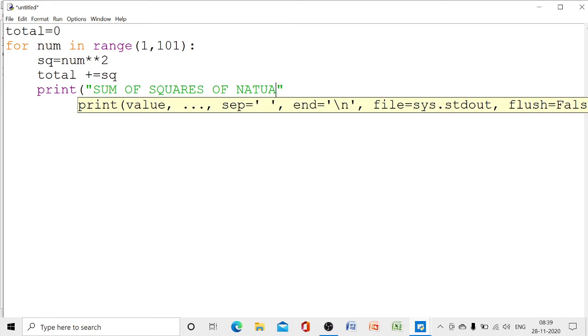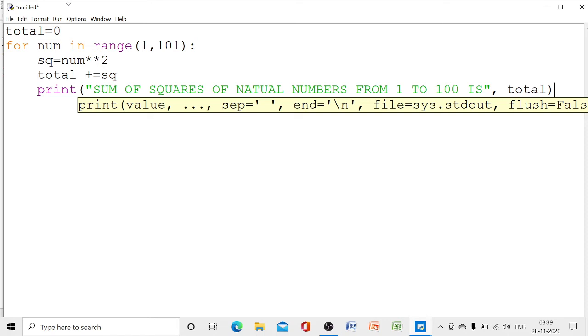Let us give it as sum of squares of numbers from 1 to 100 is, and then total. We will be getting the total as the sum of squares of natural numbers from 1 to 100. This is the thing that we are going to find out.